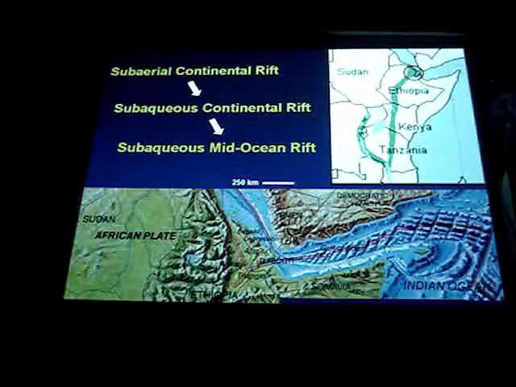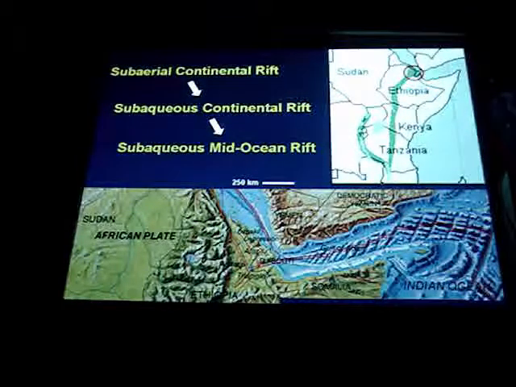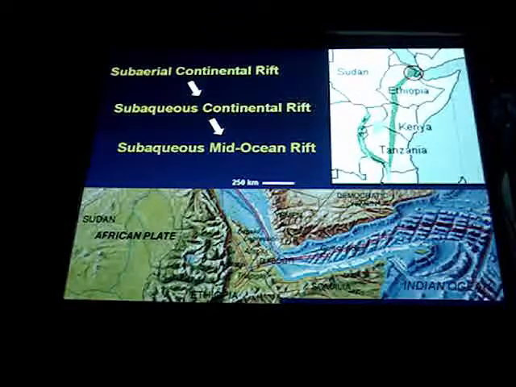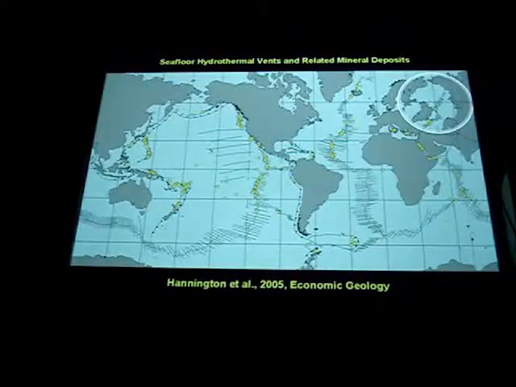So you're actually propagating a rift from the ocean floor right up through this passive continental crust. And I put this 250 kilometer scale bar on there because, of course, that's the length of the Eskay rift. You can hang one end of that scale bar here in the continental, severely exposed material, and that 250 kilometers will take you right through that 50 kilometer long inlet, across the continental shelf, and right down to the open ocean floor, and that rift is happening today. It's active today. If it's active today, and this concept that a rift structure is one of the optimal places to be looking for hydrothermal mineralization